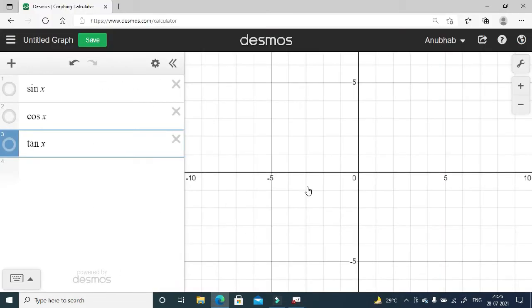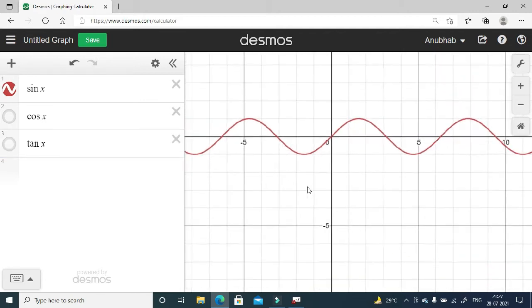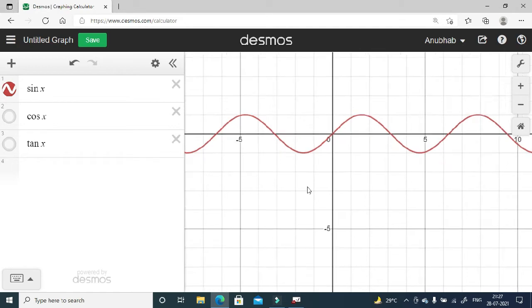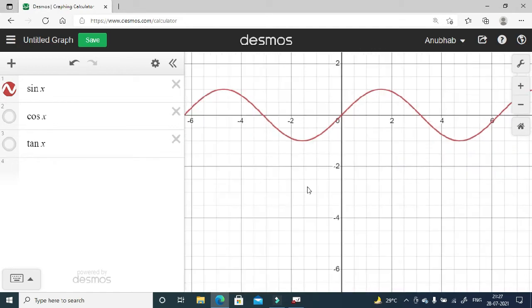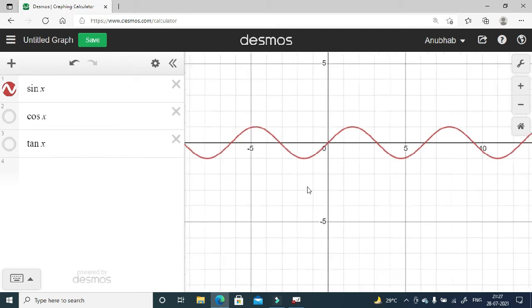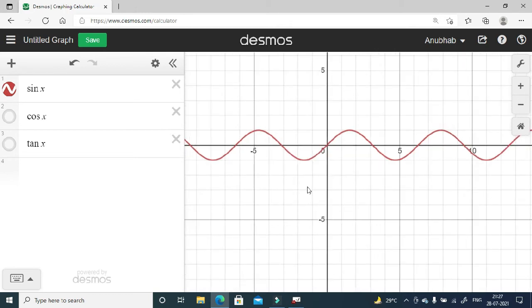See, this is a very useful app called Desmos, and this is the link for the website. Actually, there is a website called www.desmos.com. Here you just have to write the equation and you will get the graph automatically. So see, this is the graph of sin x, and we can zoom in or zoom out and clearly see the graph. We can even point out the x-intercepts also. So here you see (0, 0) is one of the x-intercepts.